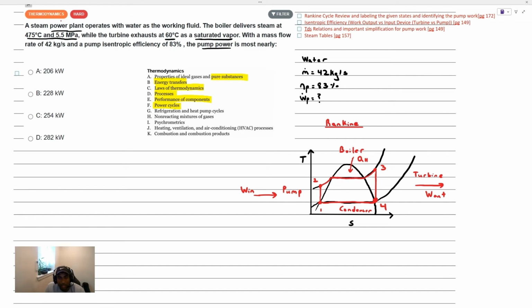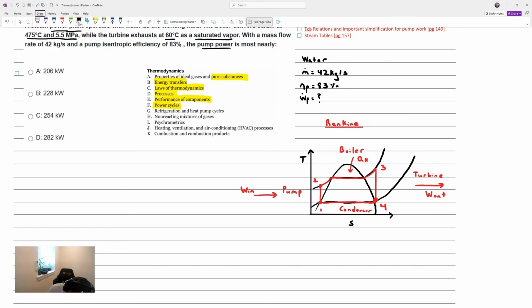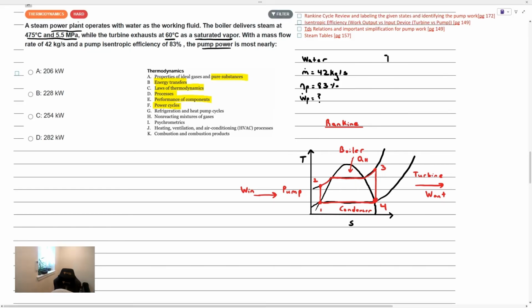Now let's label some of the inputs that were given here. It says the steam power plant operates with water as the working fluid. The boiler delivers steam at 475 degrees C and 5.5 megapascals. That means the temperature at state point 3, which is what the boiler is delivering steam to the turbine, is 475 degrees Celsius. So we know that the high pressure of the system is at 5.5 megapascals,